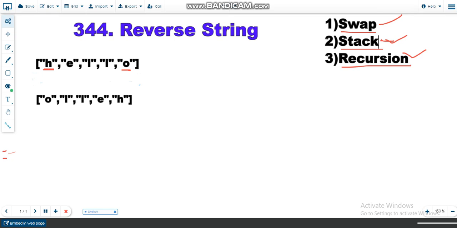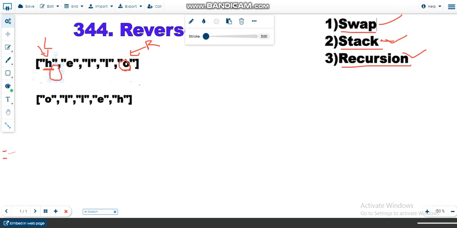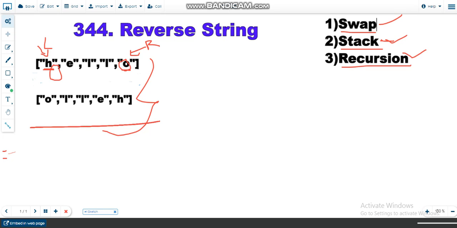So the first thing, as I showed you in the beginning of my solution, let's set the L here and the R here, sorry for that. After that, the same thing we are going to perform one time, that is replacing the H value with the O and the O value with the H. Just do that once, and recursively we call the same thing multiple times. So this is the recursive solution, which performs a one-time swap and recursively calls that thing. There is not much difference between the first and third,